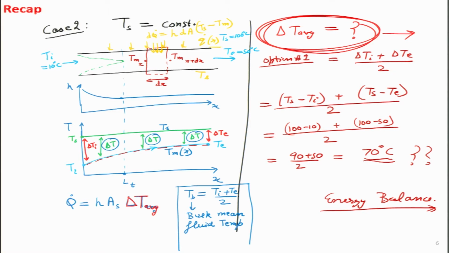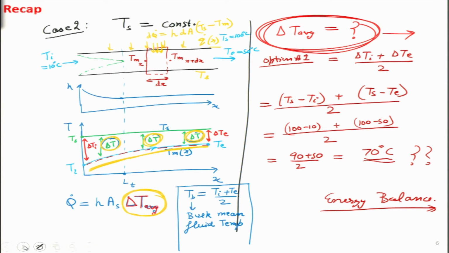However, if we look at case 2, where the surface temperature Ts is constant, there the slope is always changing. If we look at this orange portion over here, we remember that the curve was kind of increasing exponentially, and we had figured out a term for that as well, which helped us figure out what the average temperature difference should be. Because in case 1 the average temperature difference is always constant, but over here initially there is a large temperature difference, then medium, and then a very small temperature difference.